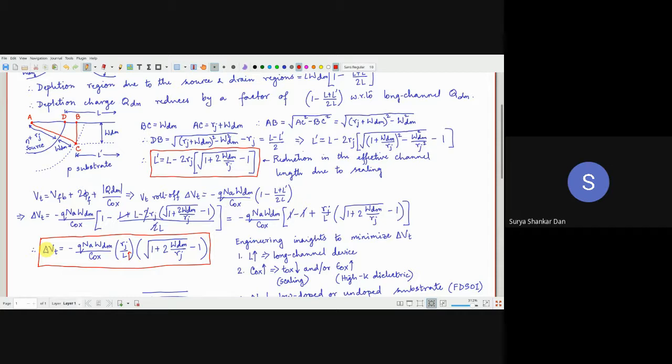So fundamentally, I come back to the original statement which I made several times in the past few lectures, that a long channel device is always more robust than a short channel device. This is another way of showing that. So what I'm trying to tell you is that unless it is extremely essential for you to scale the technology node, it's simply not necessary to use lower technology nodes. I've come across many PhD scholars also.